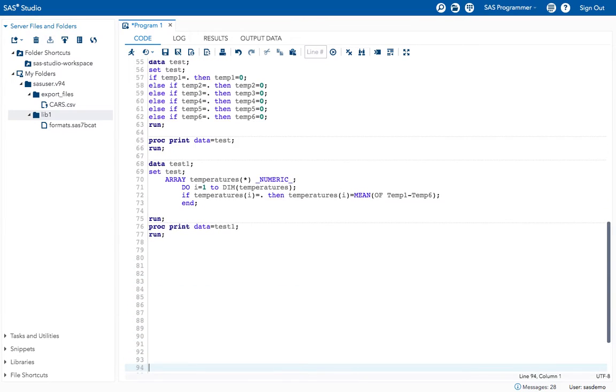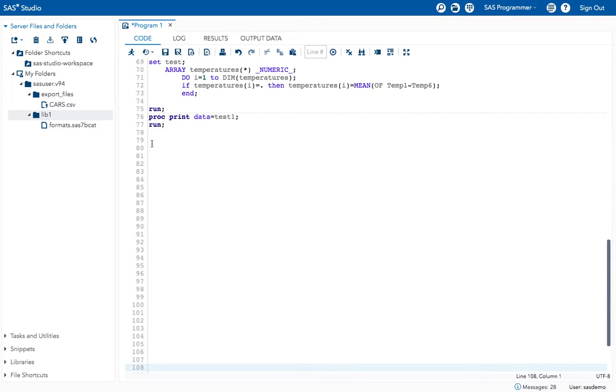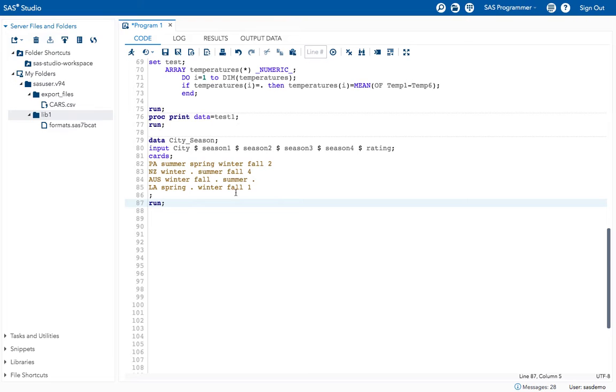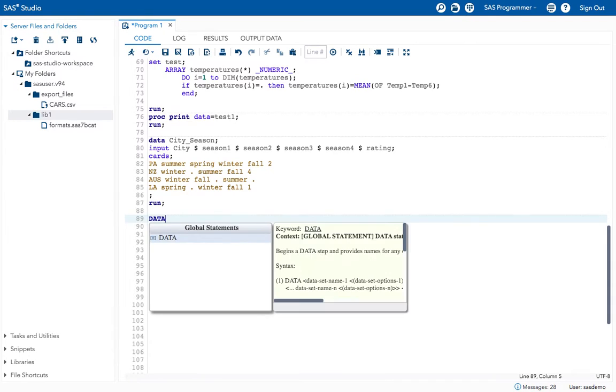Now I want to replace these missing values with NA. How can I do that? By using array programming.